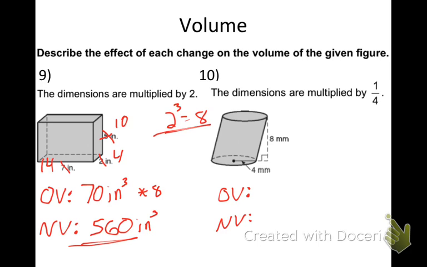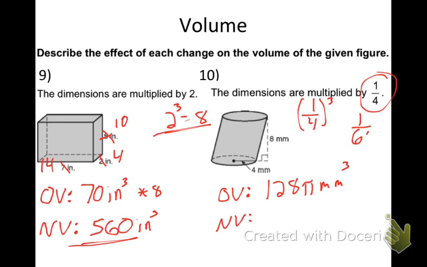Number 10. What is my original volume for number 10, Frost? 128 pi millimeters cubed. Now, if I'm taking it times 1/4, really I'm taking it times 1/4 to the 3rd power, which is 1/64. So what's my new volume come out to be here, Trevor? 2 pi